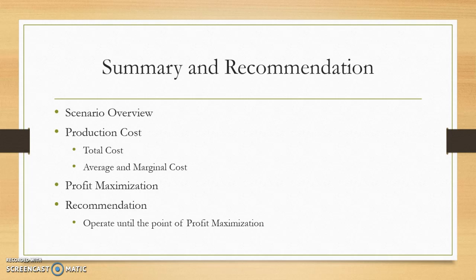Because after you reach that point that we saw on the slide, our marginal cost is greater than our marginal revenue. And continuing to operate at that is frivolous because there's no real profit in it. So this is the point when we want to shut down, at that profit maximization point that you saw on the previous slide, which was the profit maximizing price of 1.73 million and the profit maximizing quantity of